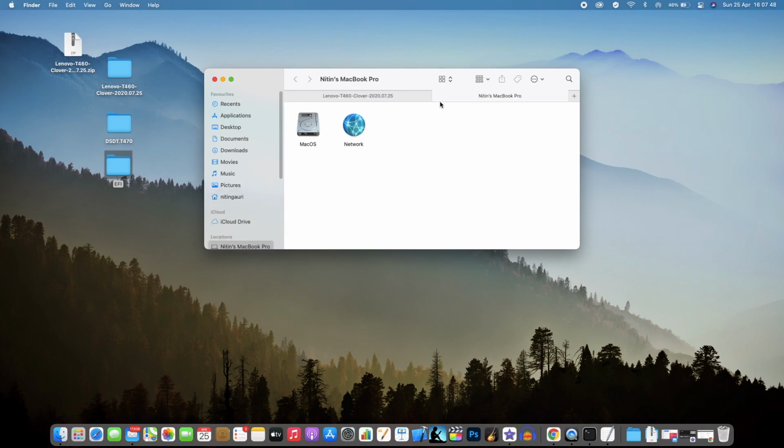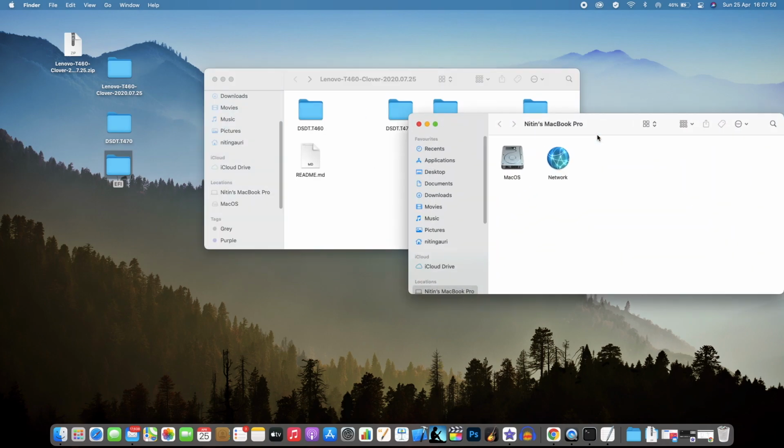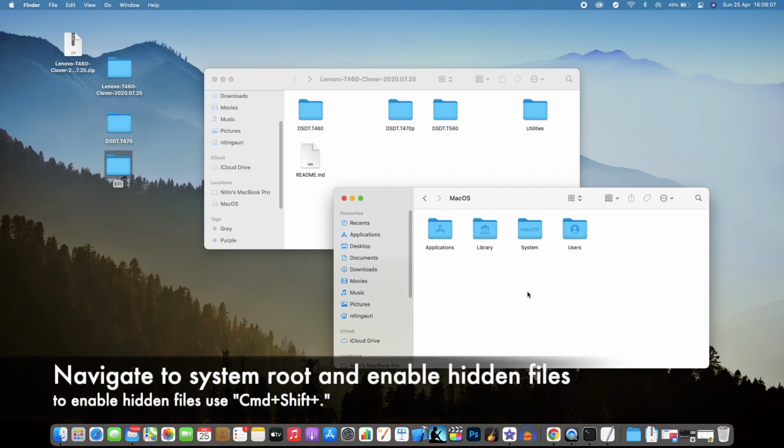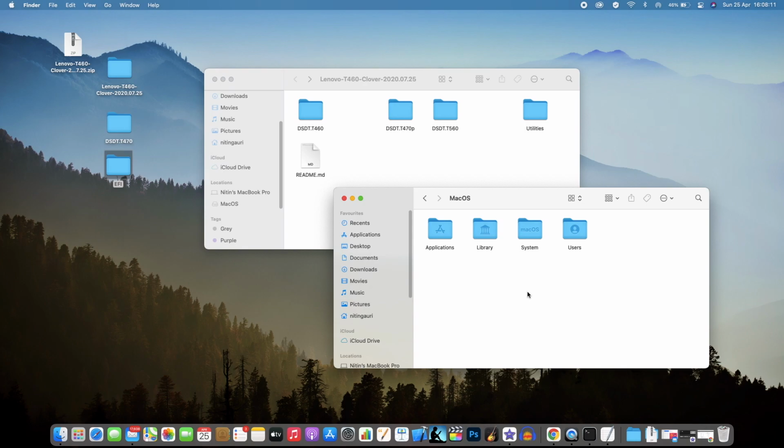I recommend you open your system root. This is my system root. Please enable hidden files on your system. How do you enable hidden files on Mac?